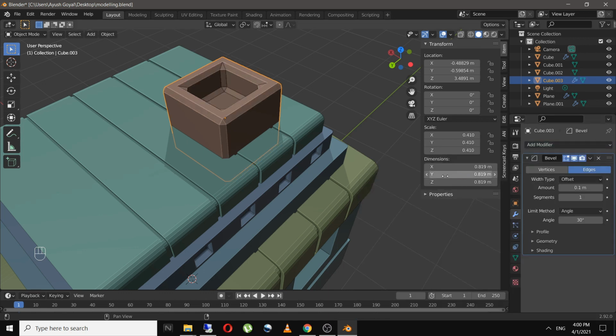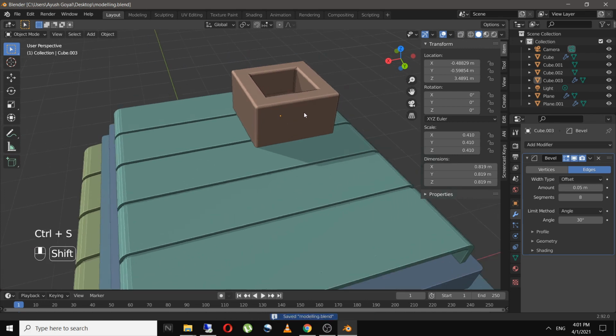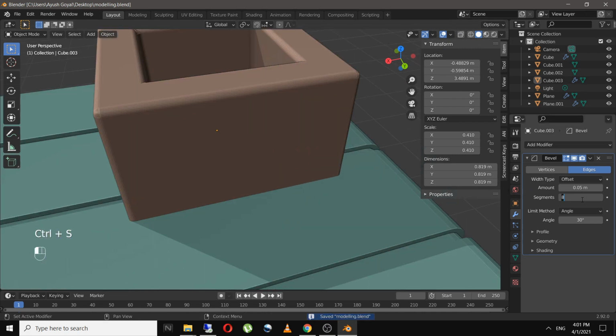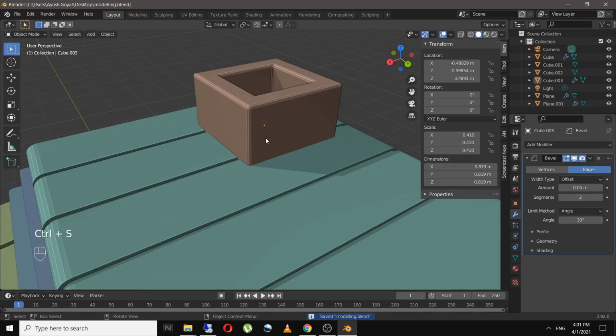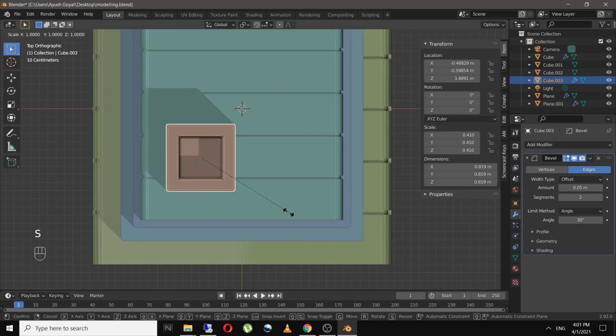And now I will add in a bevel modifier and increase the segment and amount as well. So since this is a low poly model, I will be keeping the vertices as low as possible.